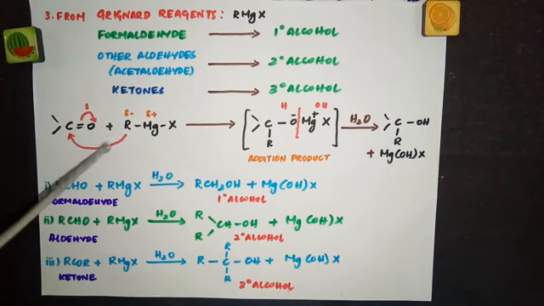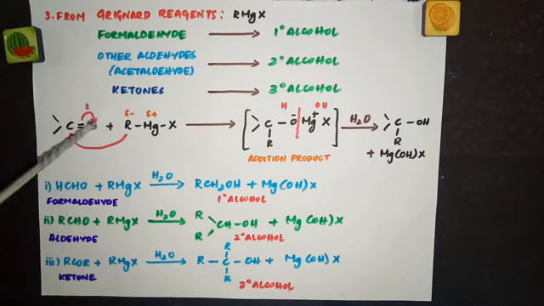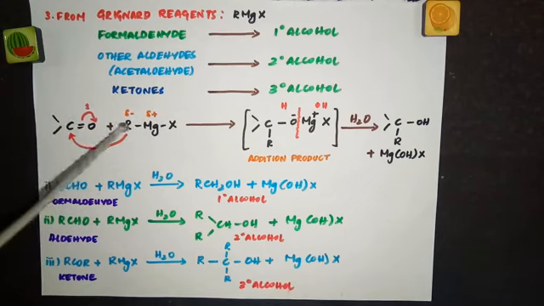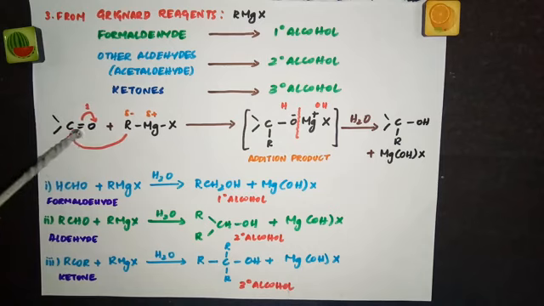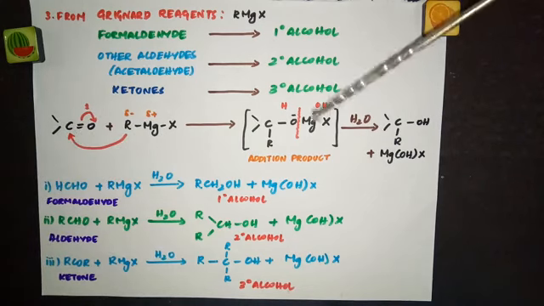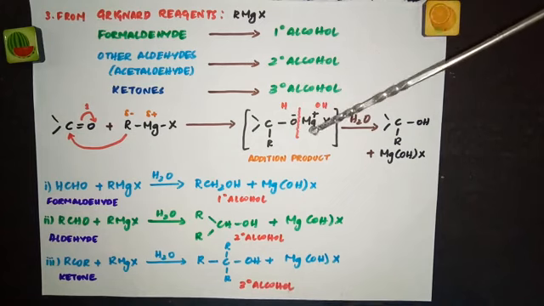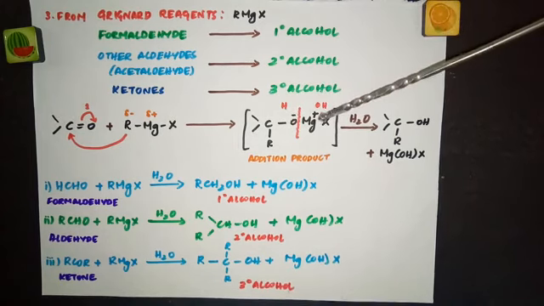So R will get attached to carbon and this part which is positive will go to the negative because oxygen is more electronegative and has a negative charge. So what will you get? Write this C with these two bonds as such. Here put a bond and write this R. So C bond R, single bond O, to that write MgX. Now this is the addition product, intermediate. So C, R, double bond O, MgX. So this is O minus MgX.